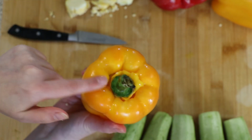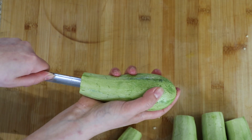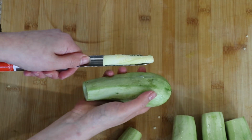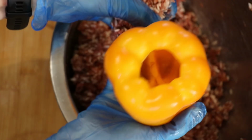Now here I'm showing you how far you're going to go when actually coring out the middle of the courgette, just because the more you go in, the more likely you are to break your courgette. And as I said, practice makes perfect. Take your time when doing it, and then you're looking to have it clear inside,